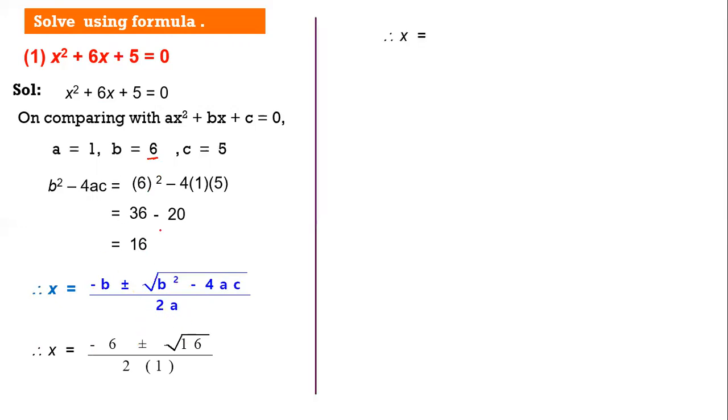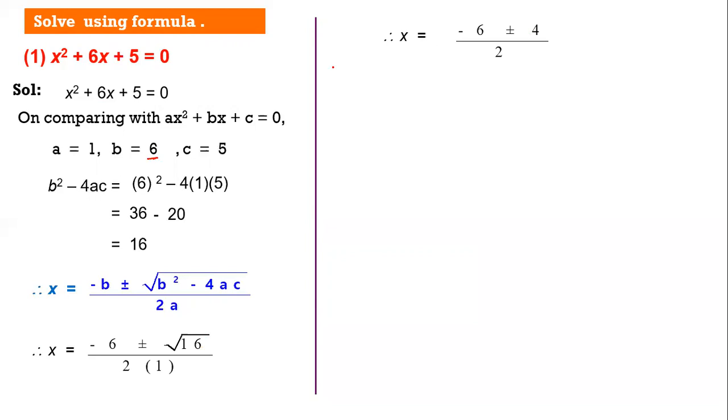Solving it ahead, students, x is equal to minus 6 as it is, plus minus square root of 16 is 4. Now students, it is not possible that always you will get a perfect square here. So there are two types of number when you don't get a perfect, in fact 3 types. We'll discuss all the other types in this video itself. Square root of 16 happens to be 4, so we have written 4 here.